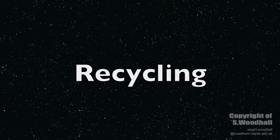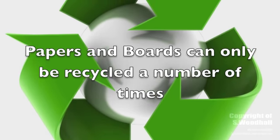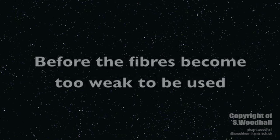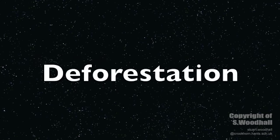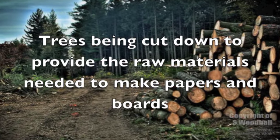Although papers and boards can be recycled, they can only be recycled a number of times, and after the last time they can be recycled, solid waste is produced which then has to be dumped. The last environmental issue to be considered is deforestation. These papers and boards are made from trees which have to be cut down to make the material,